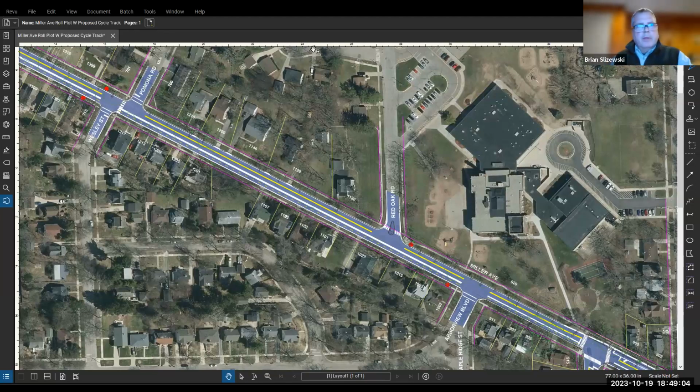Thank you for verifying that. I just want to point out, this doesn't answer necessarily one of the questions or one of the earlier ones maybe. On this plot that we're looking at, the aerial, those red dots that are off on the side of Miller, those are the approximate locations of the transit stops. Just kind of an FYI, if you're wondering what those are.